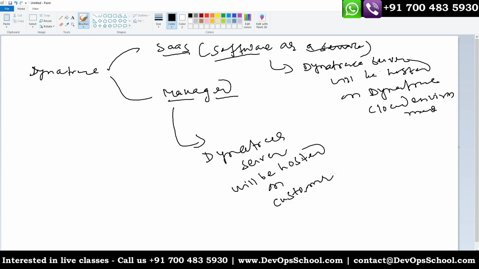Okay. Customer data center, a customer environment, that is the terminology. Now, if you are using Dynatrace Managed, then your server will be hosted on the customer environment. Just as an example,